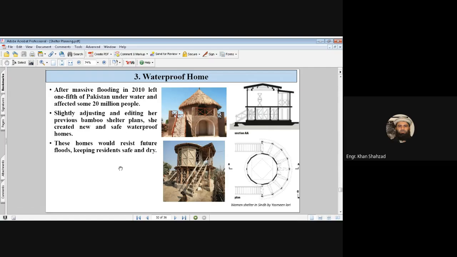Yeah, that is adobe structure, adobe construction, but in this one, the main skeleton of this structure is the bamboo. Bamboo, okay sir. Yeah, and that one maybe you have seen in this Momand area, Bajawadi area, mostly in this merged area, which has been merged with KPK now. In that area, people are using that mud, which we have explained, like they are adding this busa and some other material.